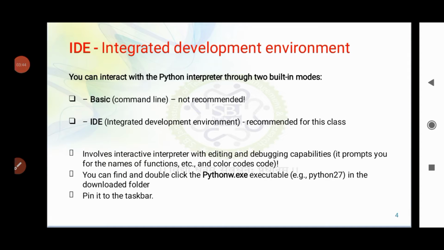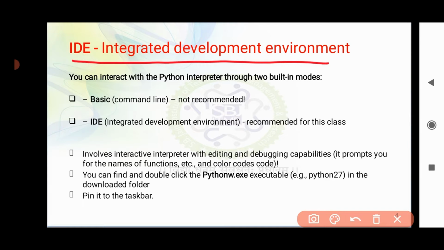So here we have integrated development environment. Okay, so basically we can interact with Python interpreter. That means we can write and run Python code in two built-in modes. Now what are those modes? The first one we have is basic mode.